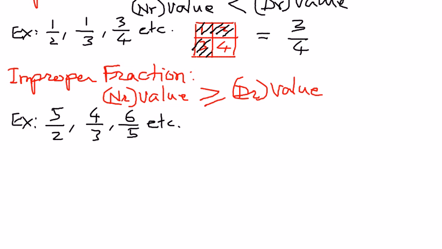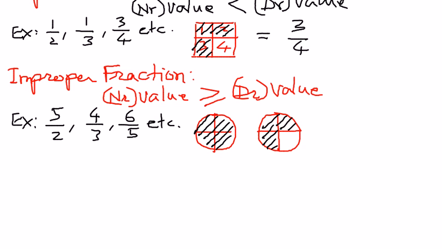Let us say I have two circles like that, and then I'm going to divide these two circles into 4 equal parts like that. And then if I were to come back and hatch or shade all the 4 parts of this circle and just 3 parts of the second circle like that,